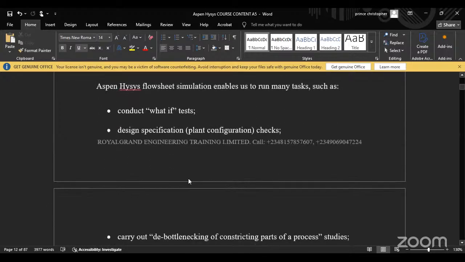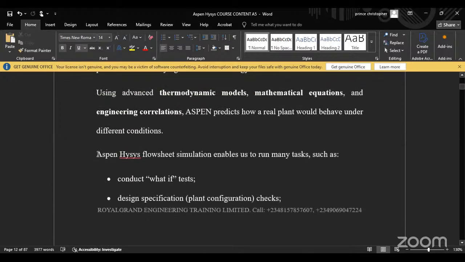So this is where Aspen Hysys flowsheet simulation enables us to run mini tasks such as what-if tests. If we are carrying out a cyclohexane production simulation, we can now do what-if. What if this happens? What if the pressure we are using on this gauge